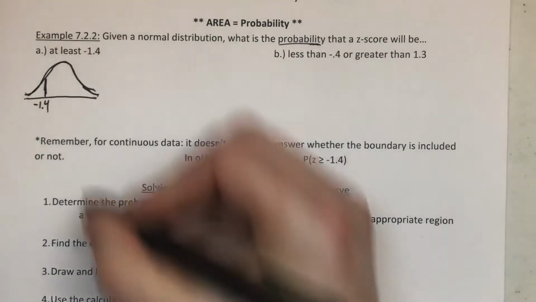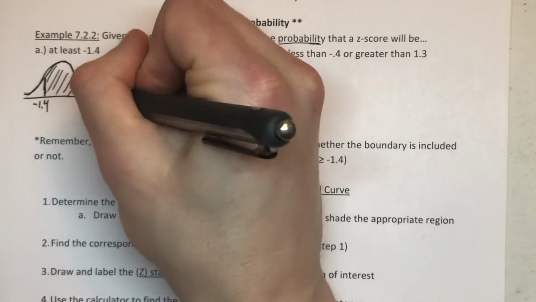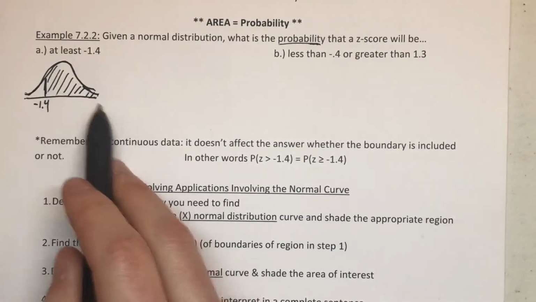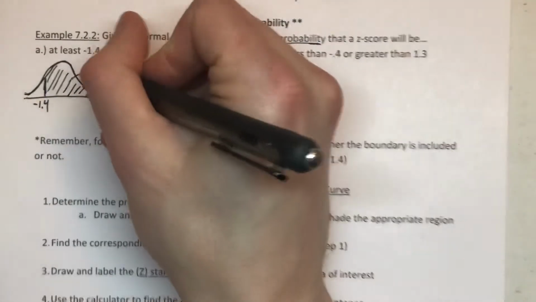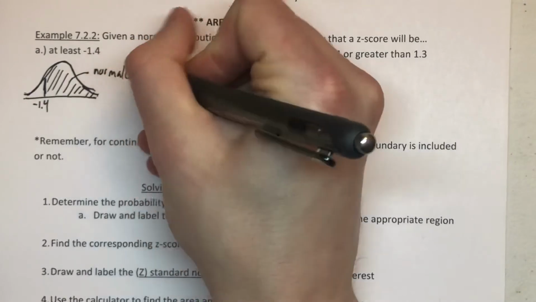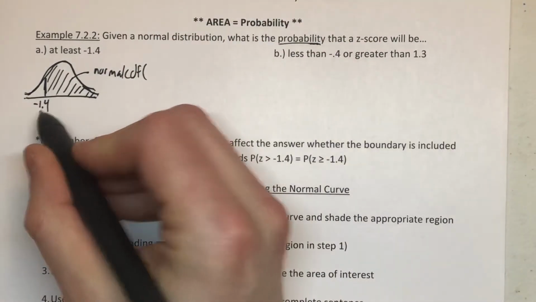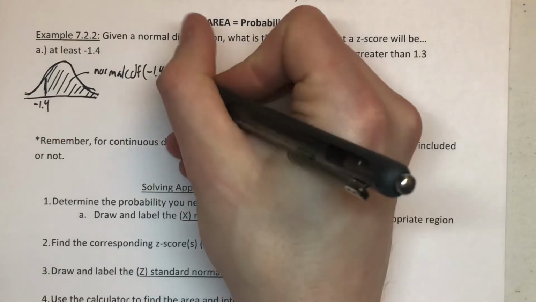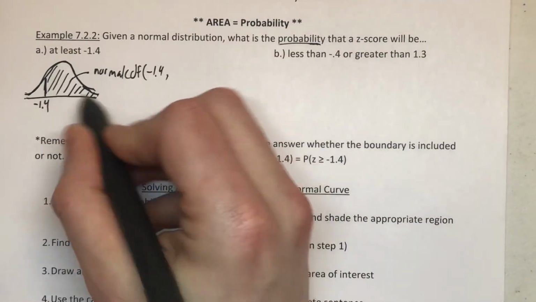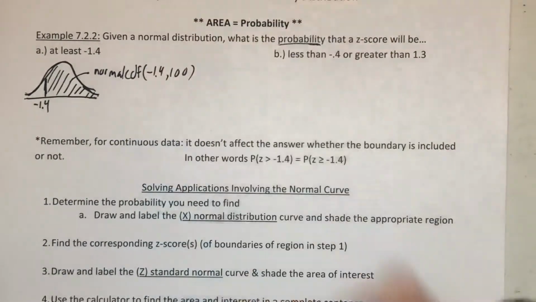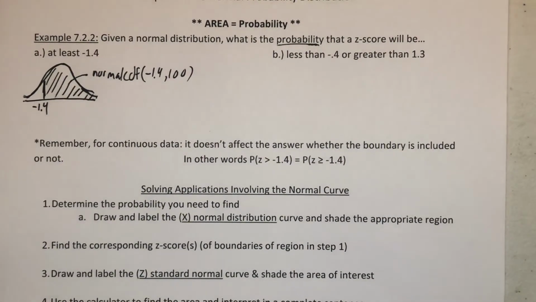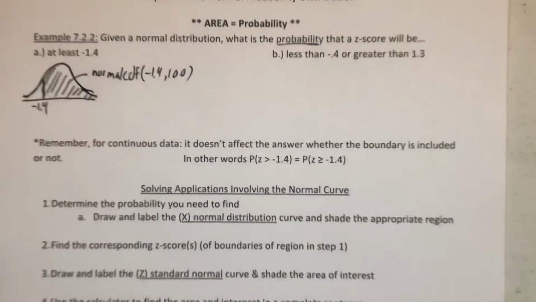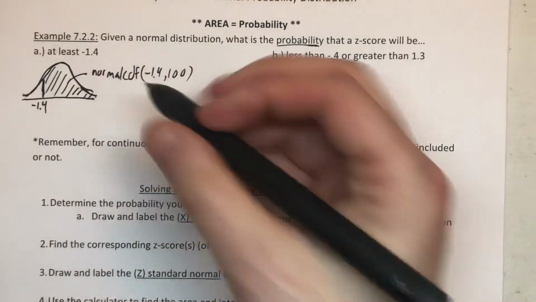Negative 1.4, the z-score, at least, is looking at all of that, right? Everything greater than, beyond, to the right of negative 1.4. And so, to find that area, we will use our function normal CDF. Negative 1.4 is the lower bound. But if you're going off to the right forever, then we'll use positive 100 for that. So if we enter normal CDF of negative 1.4, comma 100, I want to point out what we get,